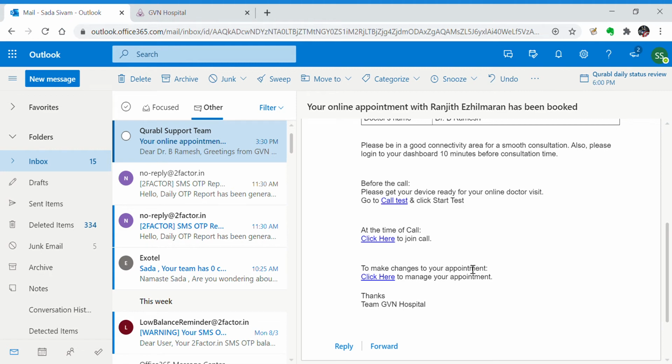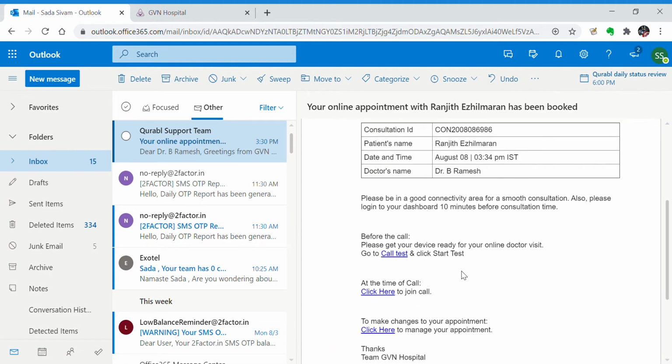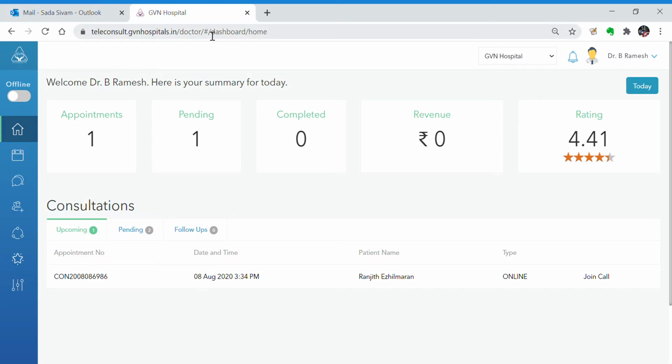The link will be active about 2 minutes before the appointment time. So 3:34 is the appointment. From 3:32, if you click the link, the call will start. Similarly, you would have also got an SMS, and you can click the SMS and start as well. Basically, it is all the same link which comes to you as SMS, email and all. Or you can wait in this dashboard page also. The call will come to you automatically.